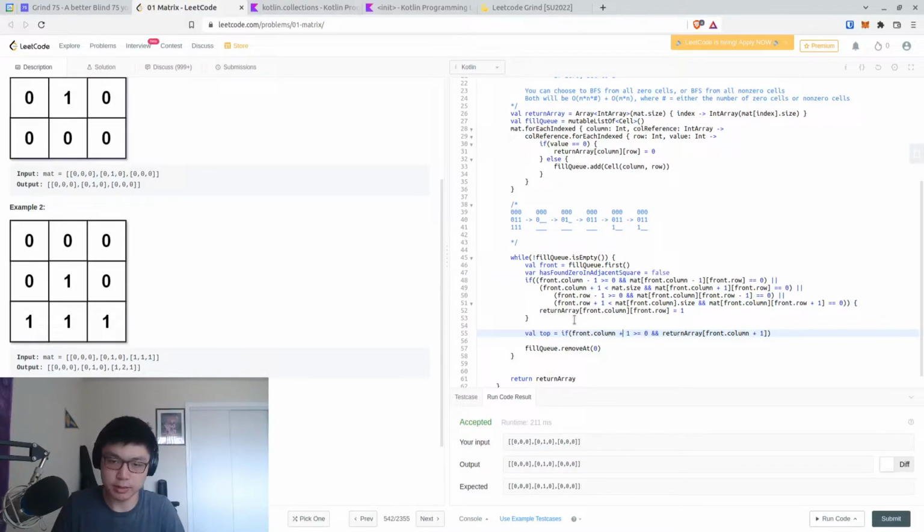Actually, it should be minus 1. Front row is not 0. Then we do a return array front column minus 1 front row, else